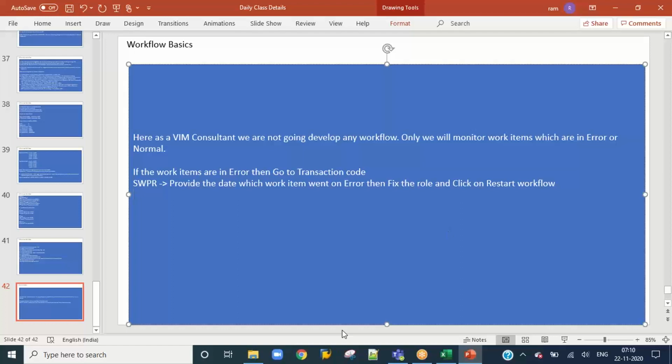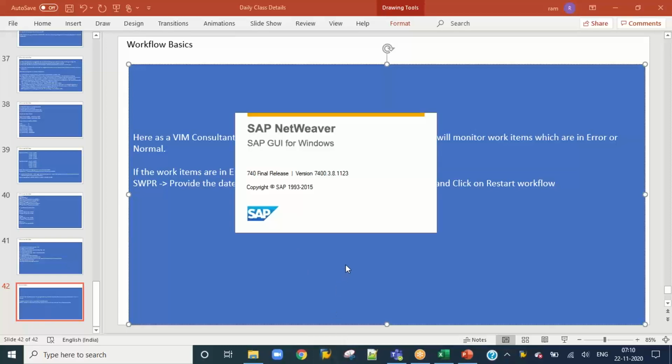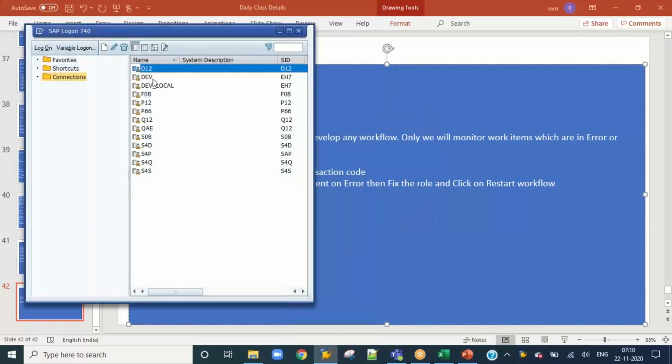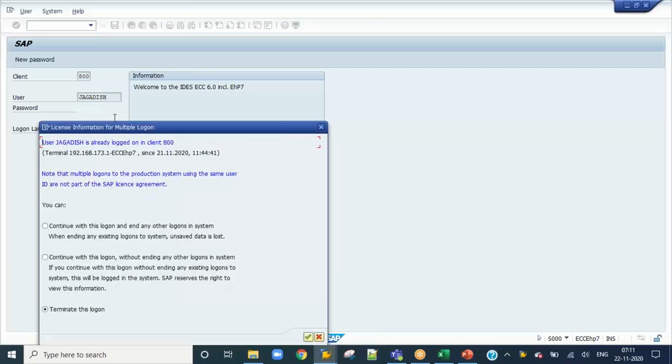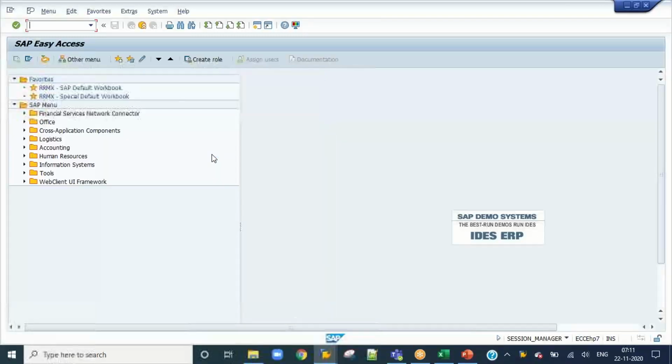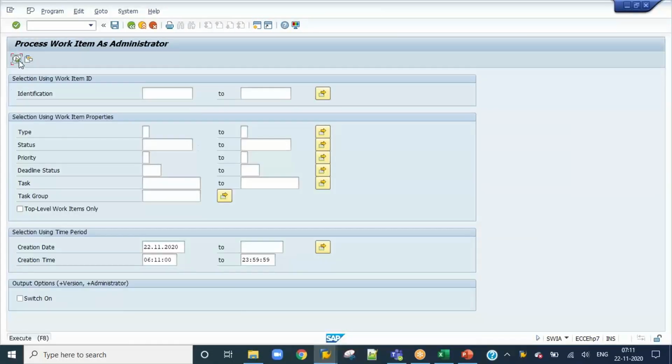And SWIA, one moment. The user is locked actually. So